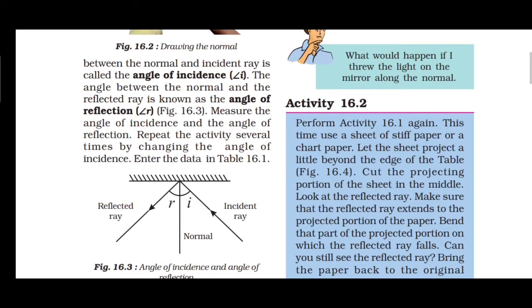Okay, the incident ray and the normal at the point of incidence and the reflected ray all lie in the same plane. Okay, then activity